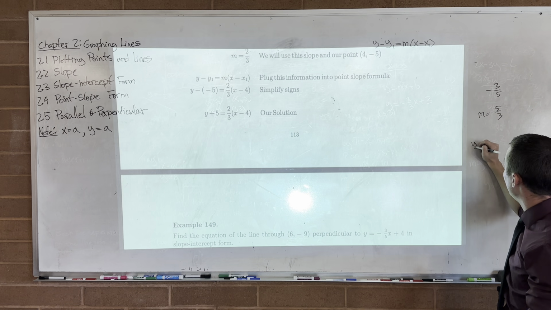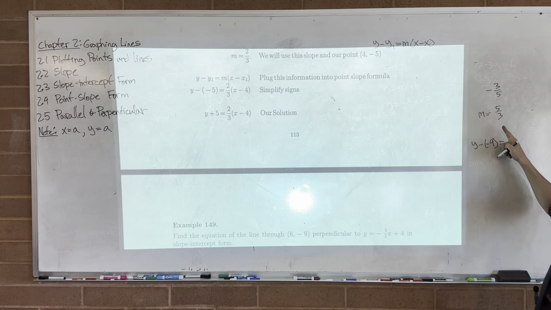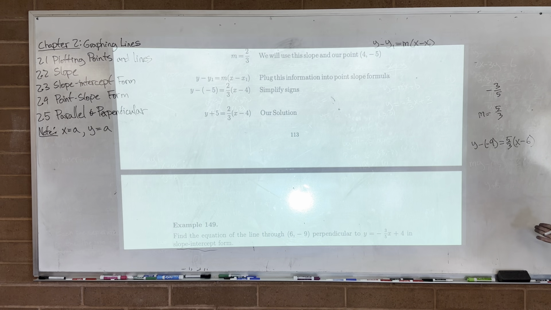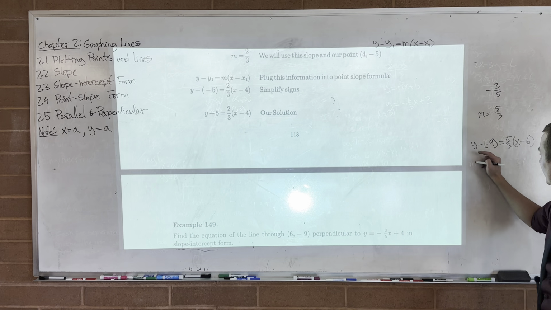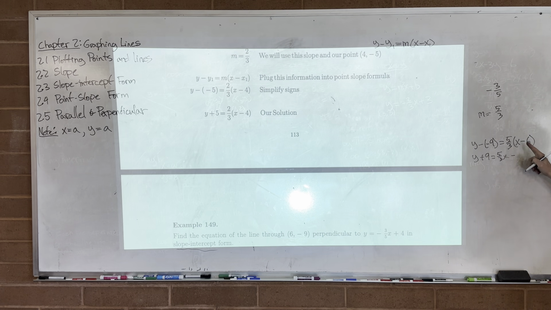So it's going to be y minus, what's y1? Negative 9 is equal to m times (x minus 6). And now it says write it in slope-intercept form. Slope-intercept form means we need to get this as y equals mx plus b. In other words, solve for y. Get y by itself. So here we have y plus 9, good, is equal to 5/3 x minus,